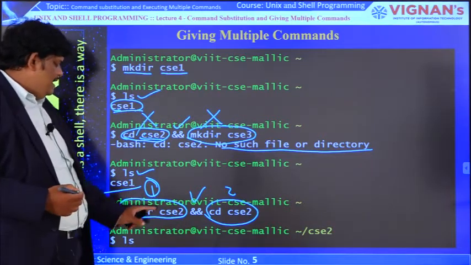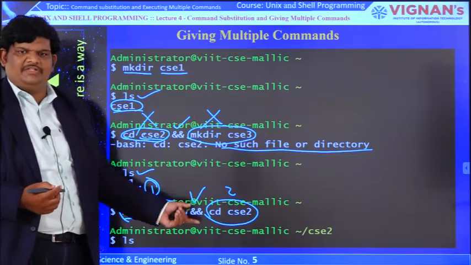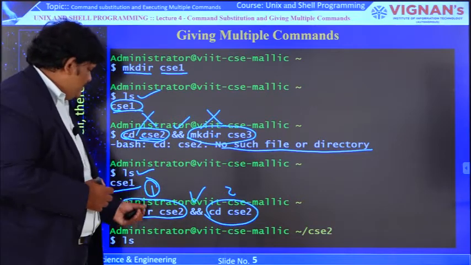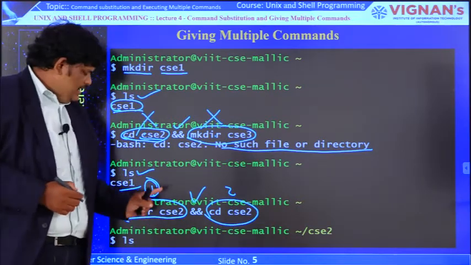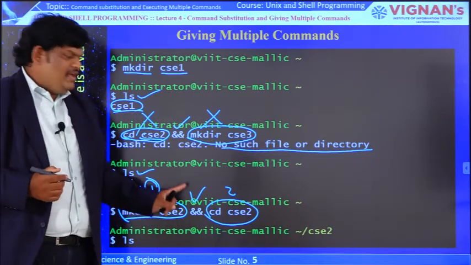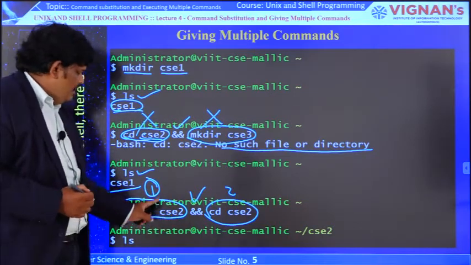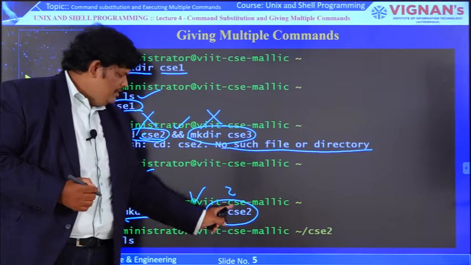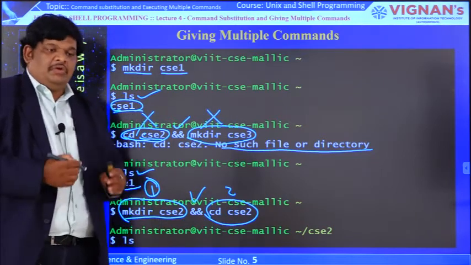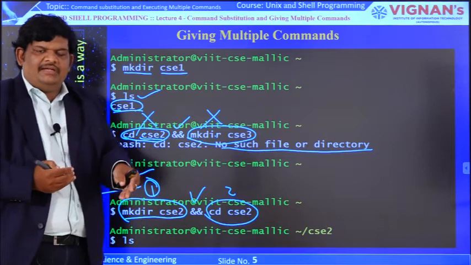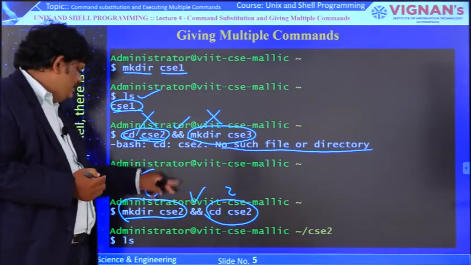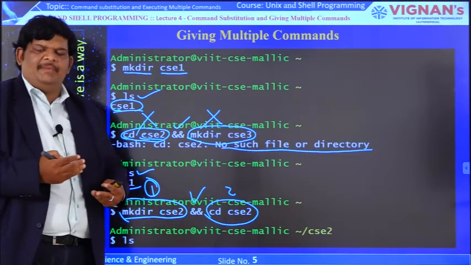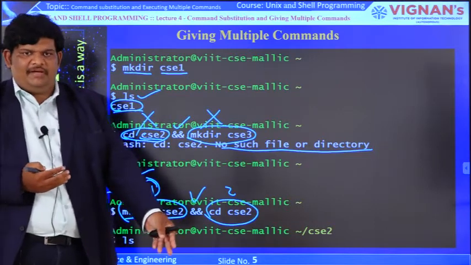Now mkdir CAC2, no problem, this command will execute because its main intention is creating the directory. So I am creating the directory CAC2. The execution is successful, that's why now the shell will execute command 2, that is cd space CAC2. We know the output of cd CAC2: we are entering into the subdirectory CAC2, because we already created it. Then with the help of the cd command, no problem, we can enter into the subdirectory.